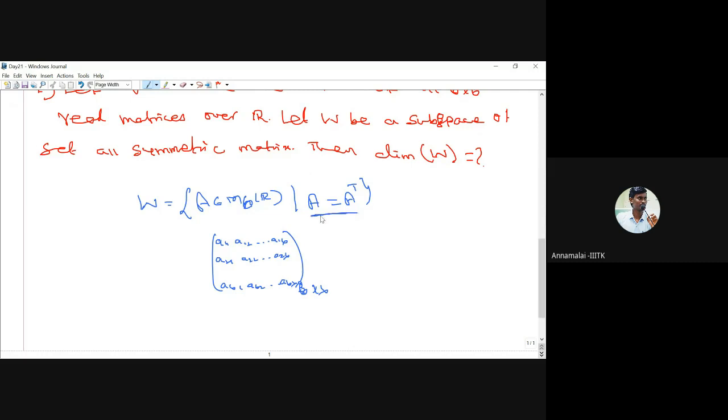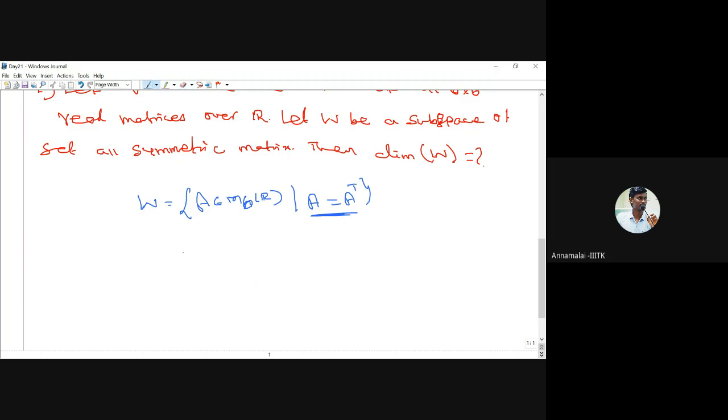So using this condition, we have to remove some unknowns. Since A equals A transpose, transpose means the column should be the row. That is the meaning of A equal to A transpose. So if we take this row, it should be a column of this one. Therefore, no need for this term. I am erasing this because this is nothing but the first row. Because A equals A transpose, this is nothing but this one. So the unknowns are only on the diagonal and above the diagonal. Below the diagonal are repeated elements, so already we know that.